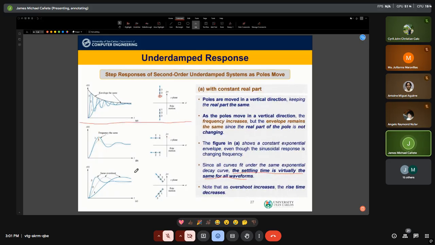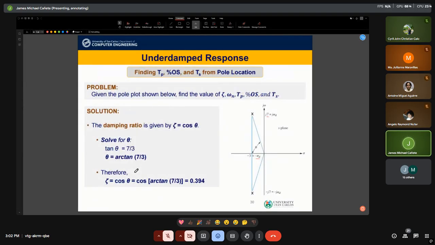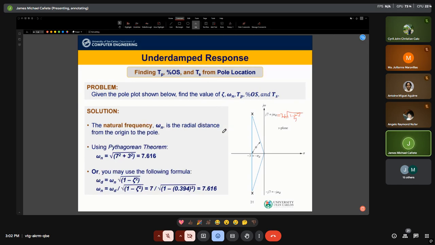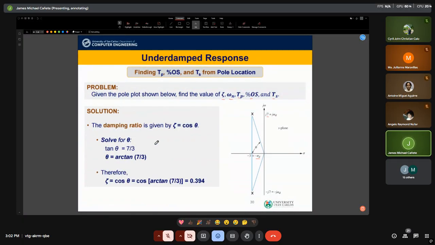The S-plane can be used to predict the effects on a time response. So, we can also solve for all of the time specifications based on the S-plane. Wala kay transfer function, but if you have this, ma-generate mo ang time specifications. So, kukuha na ito ang zeta, omega n, TP, percent overshoot, and TS, wala TR. Wala yung ipasolve ang time response.